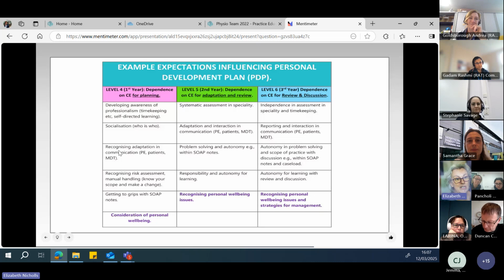There is an expectation that an 8:30 start means arriving at 8:15, so you're ready to start work at 8:30. There is an expectation that your uniform will be clean, and it will be the appropriate uniform, and that the way that you communicate, particularly around absence reporting,